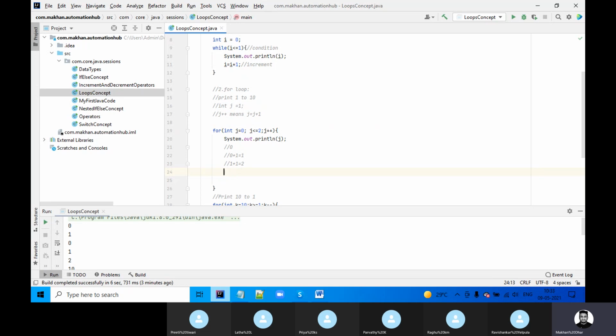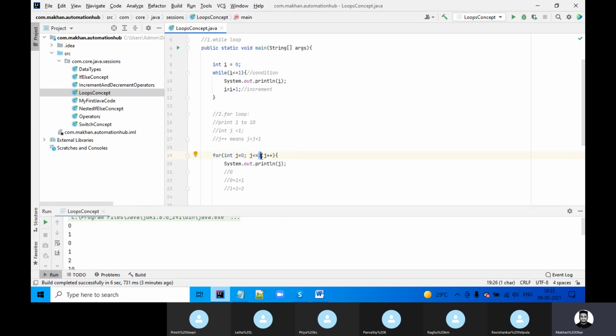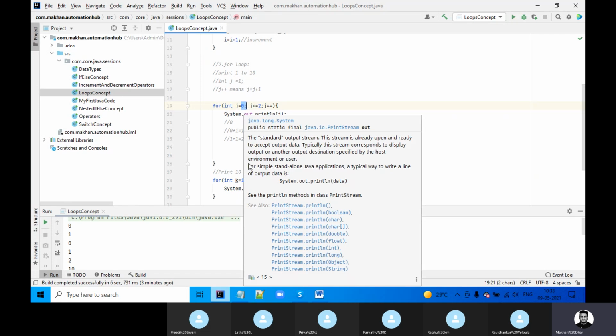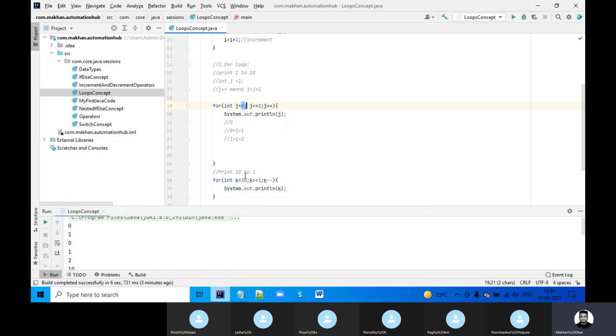This is the condition we are giving, the maximum limitation: it will go till that value, check and stop. And whatever you see as the initialization is the starting point.